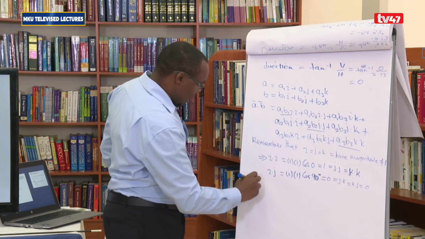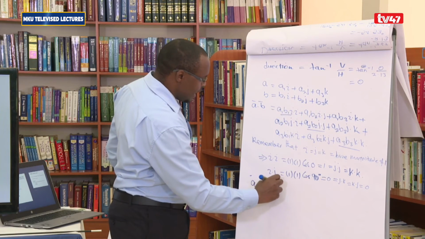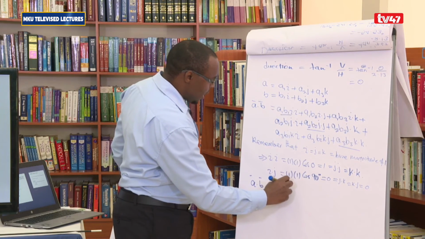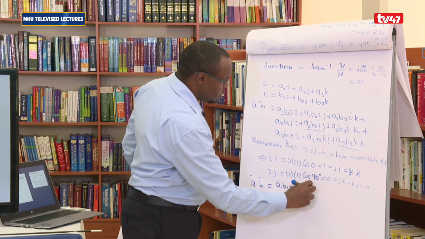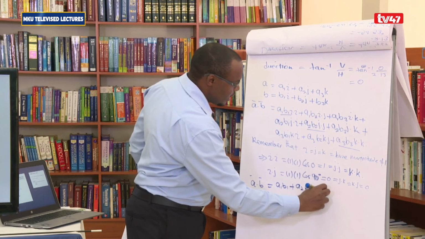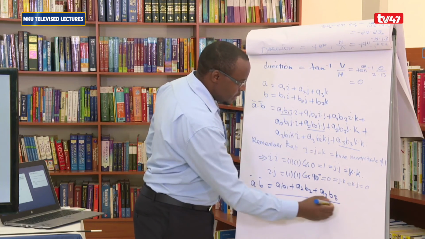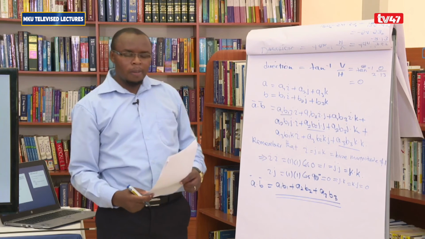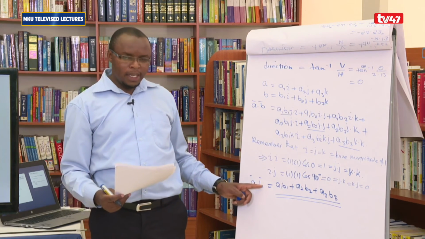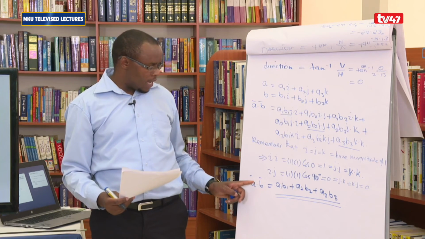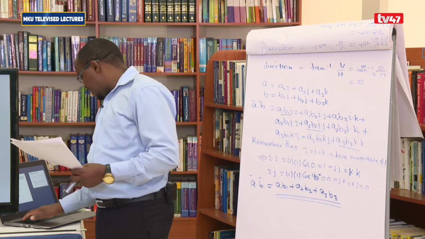Therefore, our answer to A dot B is going to be given by A1 B1 plus A2 B2 plus A3 B3. So this is our answer to the dot product of A dot B. Okay, this is our answer of A dot B. And then you have got